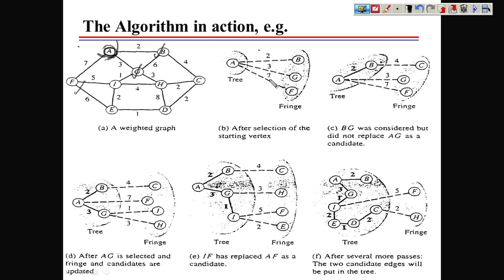So we have 2, 3 and 7, so the 2 is minimum, so we will take this vertex in our solution set. So this B is now a part of the tree vertices. Now we will also consider the neighbors of B in the fringe set. So now if you look at this, the neighbor of B is C. So now you can see along with this 2, we have one more vertex that is included in the